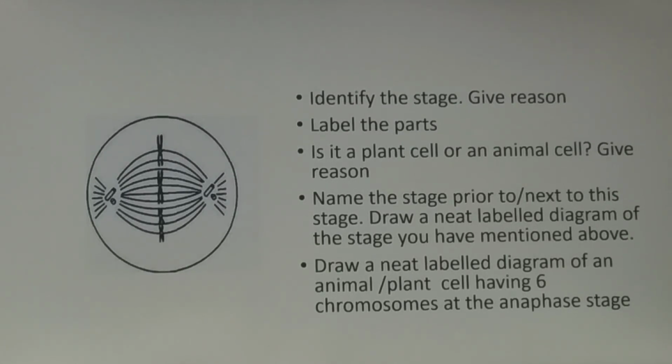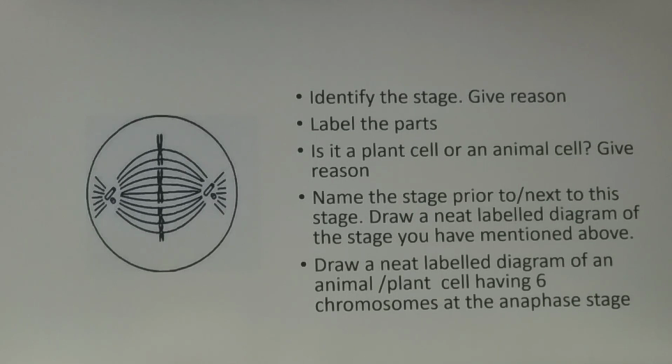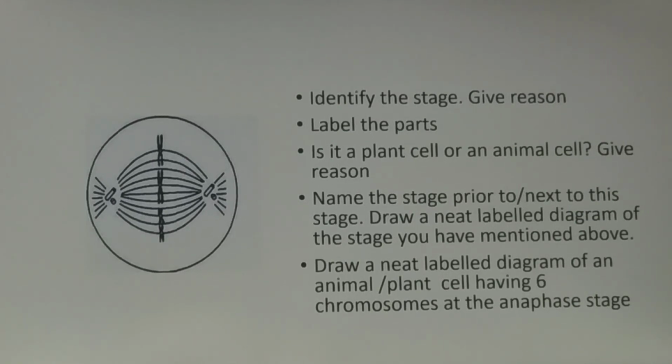Now name the stage next to the stage. Which is a stage coming after the stage? It is anaphase. So how will you draw an animal cell at the anaphase stage? Count the number of chromosomes. Here, as I told you in the previous slide, there are 4 chromosomes here. So how will you draw the cell in an anaphase stage? So remember how to draw it. We know the centromere splits and the sister chromatids are being pulled to the opposite poles of the cell.